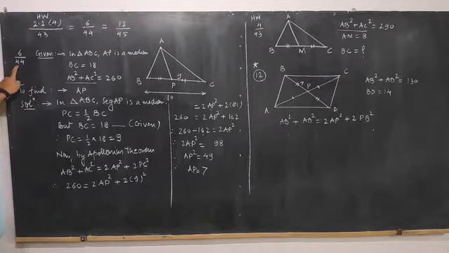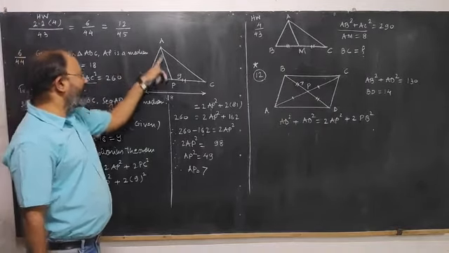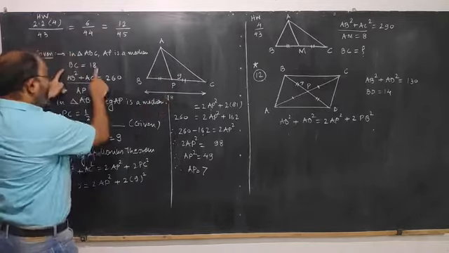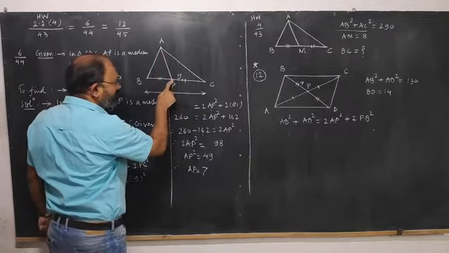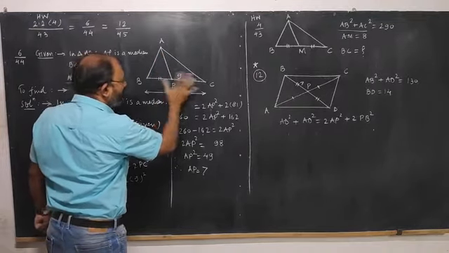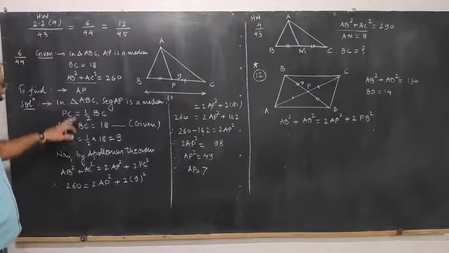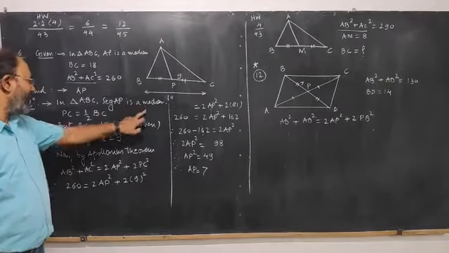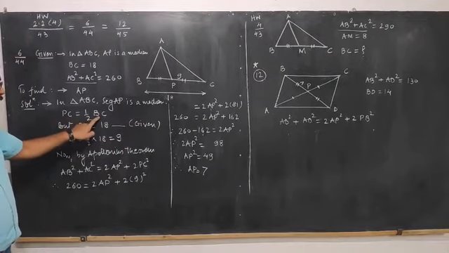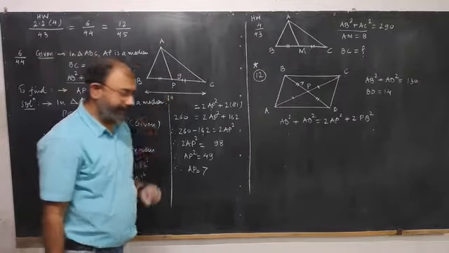Problem number 6 on page number 44. In triangle ABC, segment AP is the median, BC is equal to 18 given. Now this is the median, obviously this is the midpoint, so PC will be half of BC. BC is 18, so half of that will be 9. So PC comes out to be 9. We started the solution that way: in triangle ABC, segment AP is the median, therefore PC is half of BC, but BC is 18, so half of 18 is 9. So PC will be equal to 9.